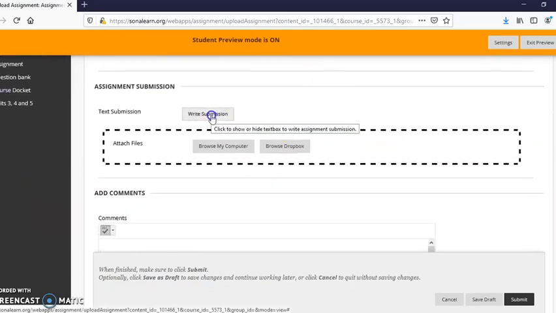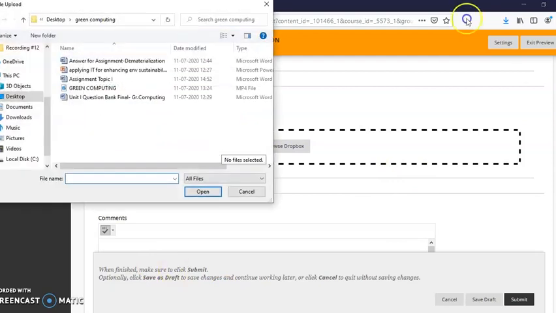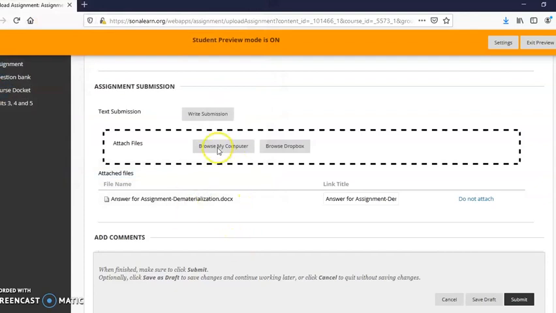Write submission is where he can submit his text. For example, suppose his assignment is ready in the form of a Word document or PDF or some other format, he can open it. He can choose it and upload his assignment as the answer.